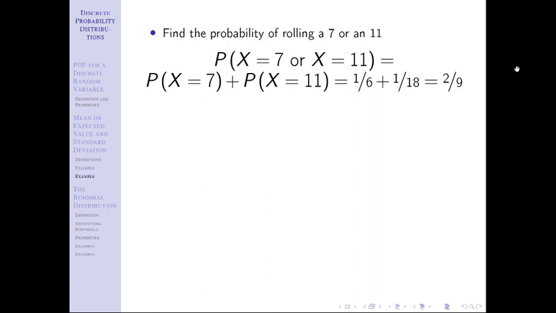Okay, always move the problem forward, always stop when you've answered the question. So I started off with this probability statement here with this "or," and I have no table that helps me with ors, but I have a formula that translates this or to something else. So I move the problem forward by rewriting it in a different way. We're going to have to do that a lot. We're going to have to rewrite the problem a different way, because I can't do anything with this, but if I rewrite it, I can do something with this because these are the values from the table.